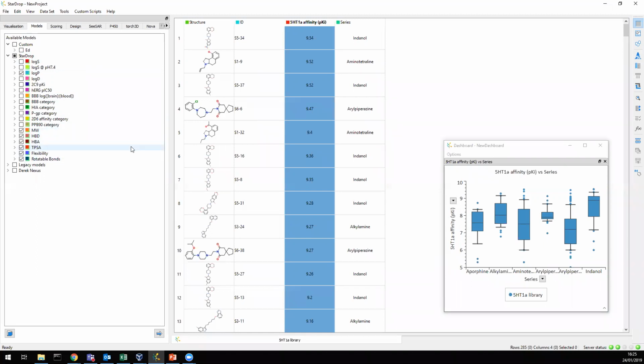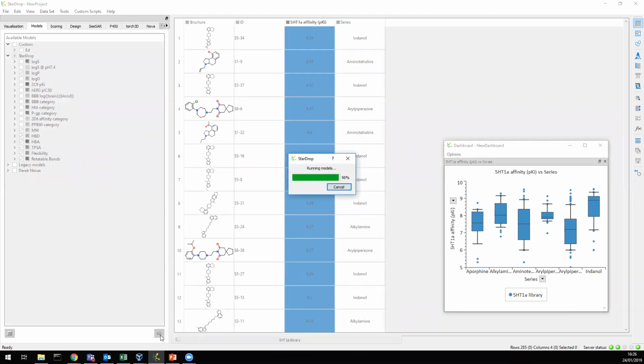So by selecting this subset of the models, or the properties, these are the ones that we're going to add into our data set. In order to add them into the data set, all we need to do is click on this Go button at the bottom. You might notice as you become familiar with StarDrop, in quite a few places you'll see one of these blue arrows, which is the Do It button, the Go button. This is the button that does the thing which that part of StarDrop is all about. So in terms of the models area, clicking the Go button is what's going to run the models. So if I click this,